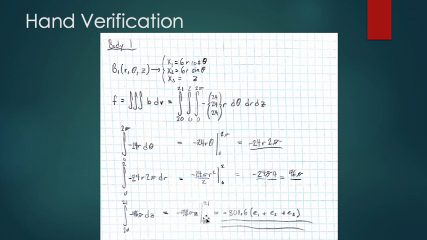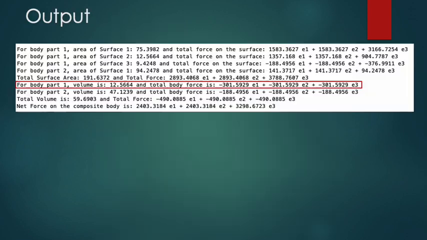times pi times z from 20 to 21, and you get negative 301.6. It's hard to see, but that's what it says right there. And you can multiply that by x1, x2, and x3 because it's the same in all directions. And that resembles what we got here